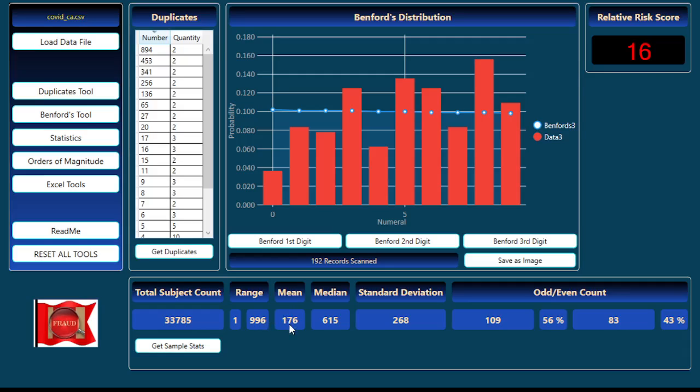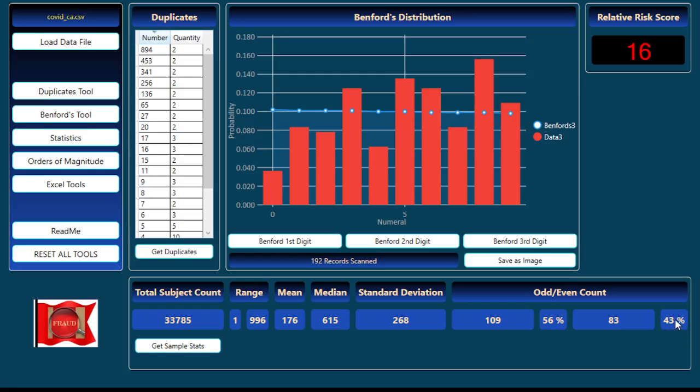The mean is 176. The median is 615. The standard deviation is 268. Now the odd and even counts are broken out. The odd number of digits, 109, composing 56% of the data set, to 83 even, or 43% of the